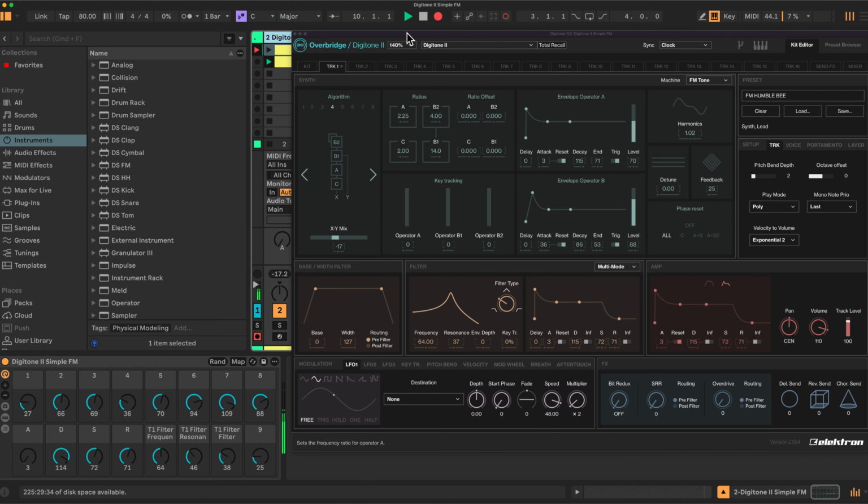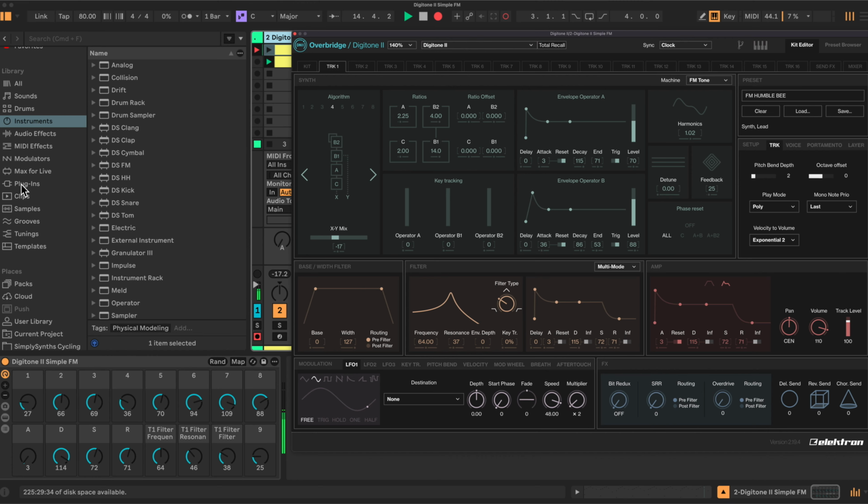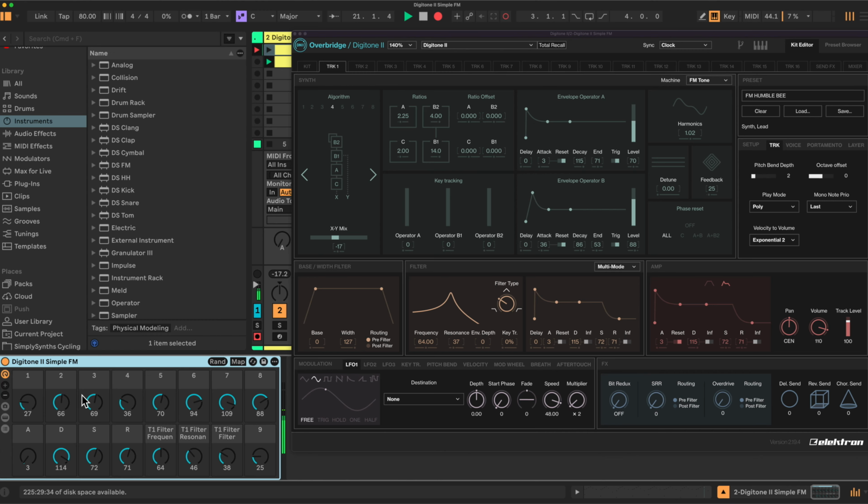Okay, so we have Ableton and we have Overbridge running as a VST within Ableton. If you have this installed, I'm sure you know how to use it. You'll just find it in one of your plugins here. There's a Digitone II VST which opens. This allows you then to manipulate Digitone from Ableton. What I've done is effectively mapped certain parameters here to an instrument rack at the bottom, so that I have the ability